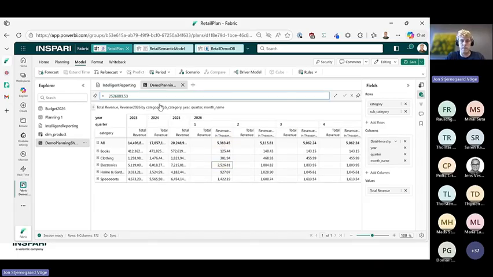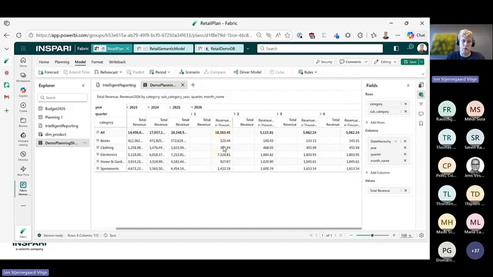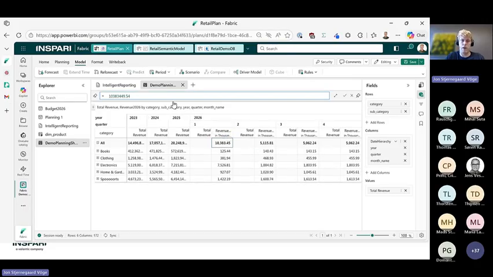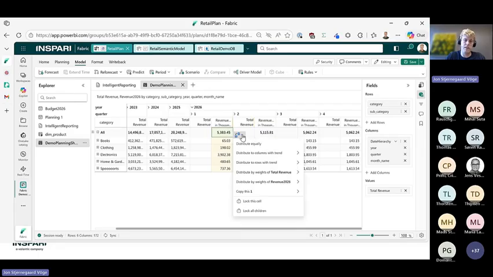If you didn't quite see what happened, let's just add a really large number. All of a sudden our revenue in Q1 2026 is looking pretty great here, right? There are options here for distributing these values slightly differently. If I were to add or subtract something on a total level, I could feed this down, distributing by all kinds of weights or with some kind of trend in mind.